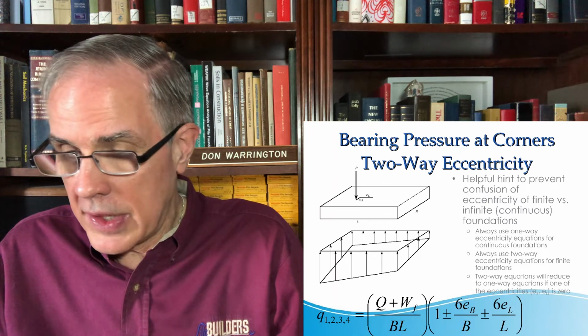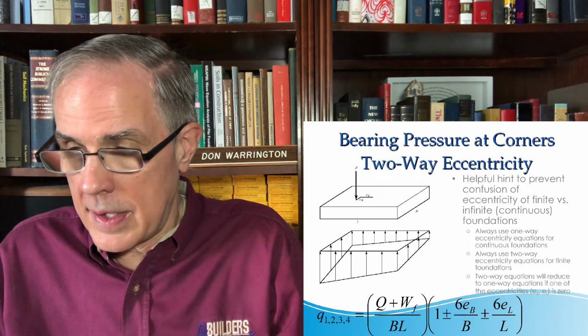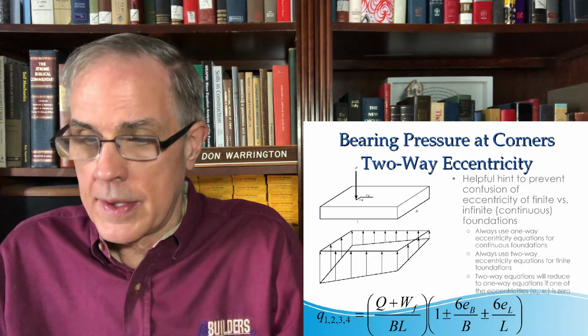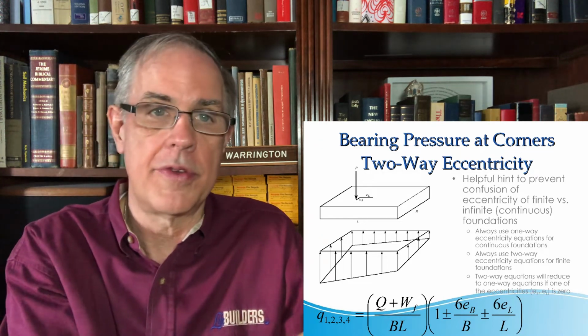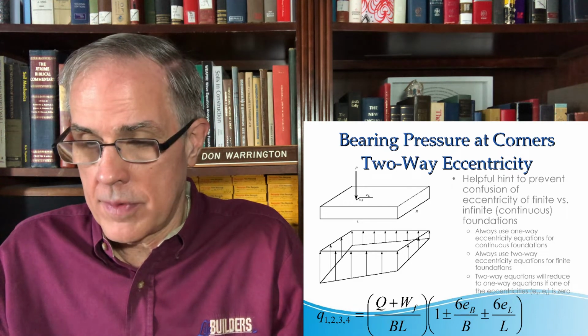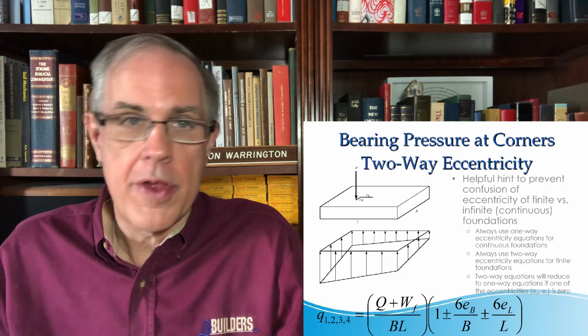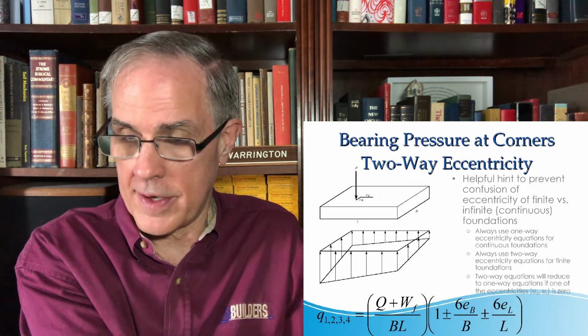And actually the liftoff problem is the same deal I told you with one-way; it works with two-way. If you use this equation right here and compute all four of these, you have four combinations, because you notice there's two plus or minus, one plus or minus 6 e_B, and one plus or minus